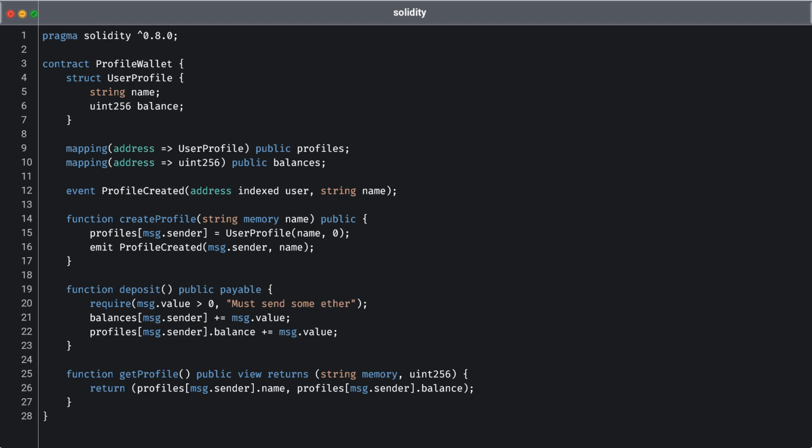Upon depositing, the contract increases the user's balance in two places: the general balances mapping, and the balance field within their user profile. Finally, the getProfile function returns the user's name and balance. This structured approach enhances the organization and readability of our contract, making it intuitive for users to manage their profiles